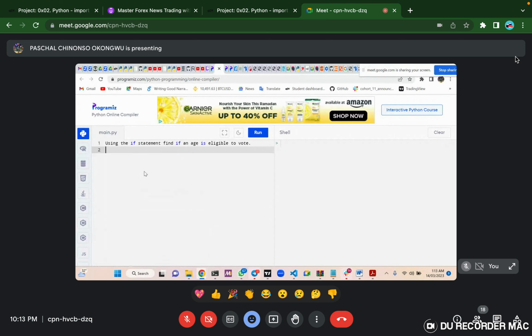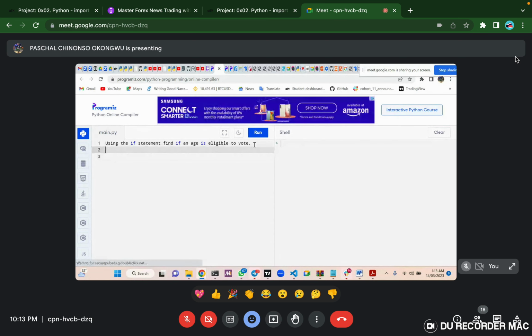Using the if statement, find if an age is eligible to vote. I just want to show us something on this. What should I do here now to see if I can get an error? I'm supposed to comment on this first. And then, let's say I assign age equals